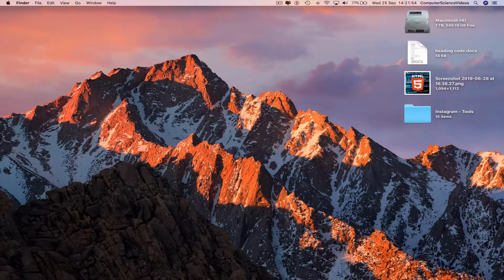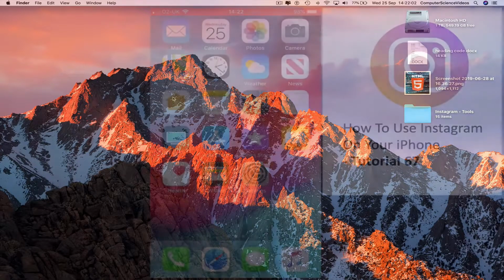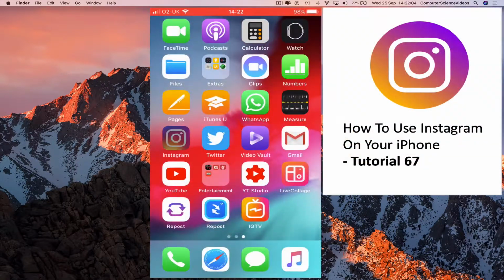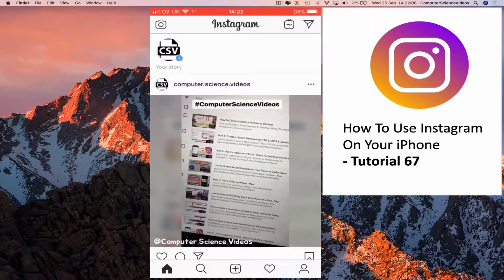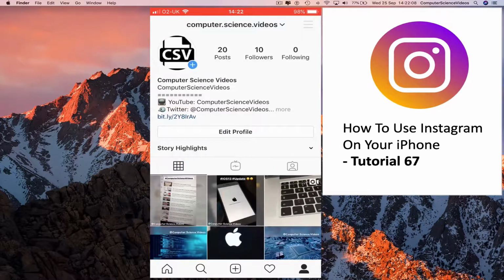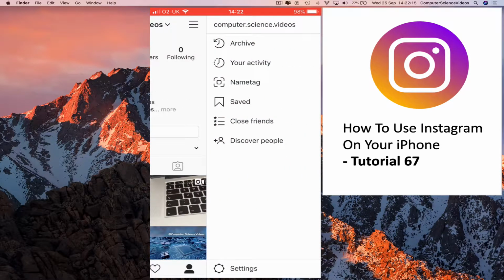So in this tutorial, you need to have access to the iPhone itself and the Instagram application. So now we can go all the way to the iPhone. Go to Instagram, click on Instagram, make sure you're signed into the account, go to your profile, and then go to the right top corner of the screen, click on the three lines, and then go to the bottom of